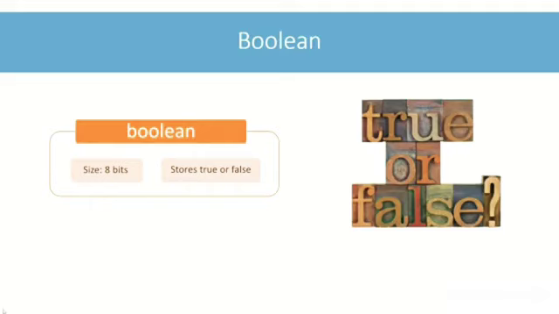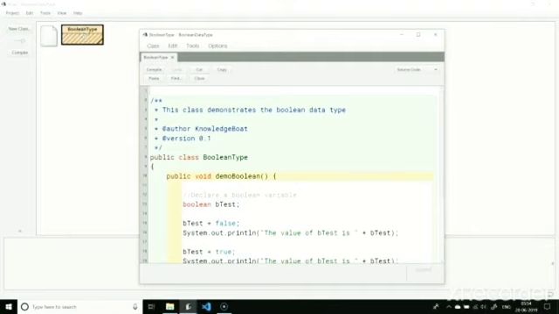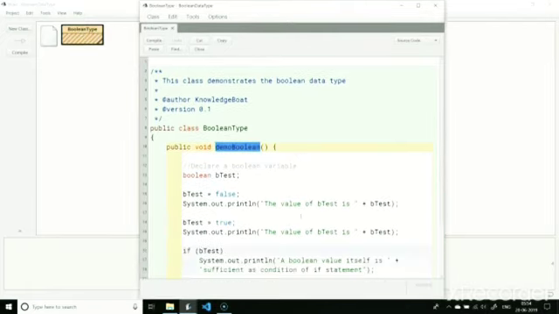As we have seen previously, boolean is the type required by conditional expressions that govern the if and for statements. It's time to look at a BlueJ program to see Boolean types in action. Here is the BooleanType class. Its demoBoolean function demonstrates how to use the boolean data type. Let's quickly execute the demoBoolean method and then go over the program.